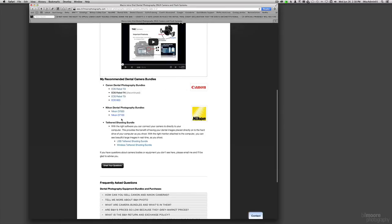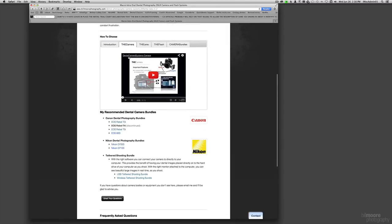Canon and Nikon. And by the way, you're not going to see everything under the sun here. I'm only offering ones I think, first of all, work with my workflow, and I have some recommendations. If you look at the camera video, it talks about that in further detail. But you can rest assured that I'm only going to offer you things here that are going to work real